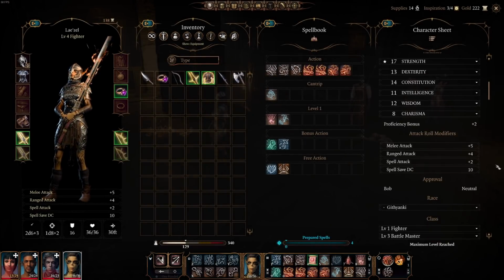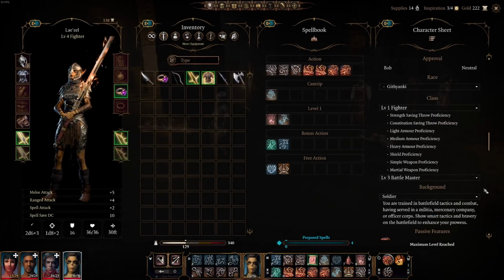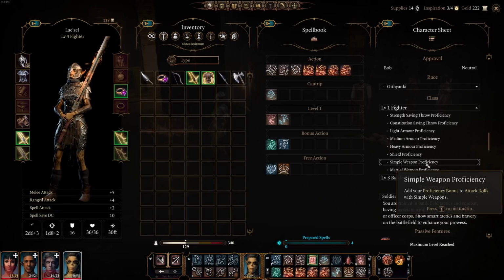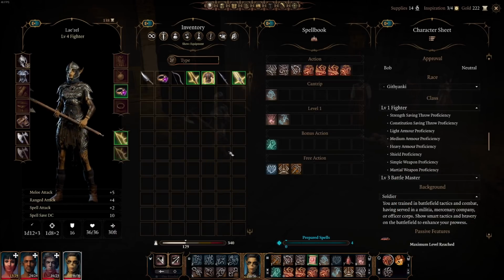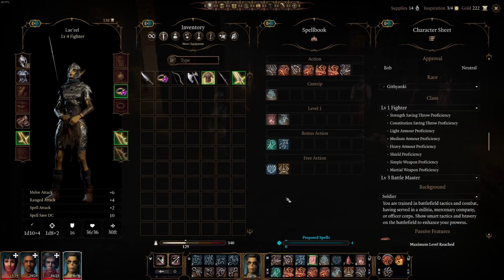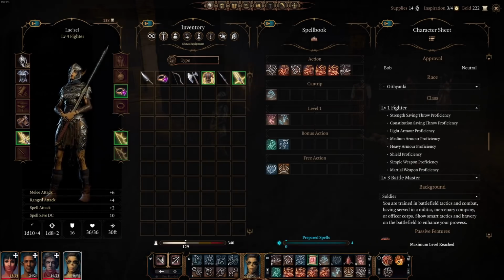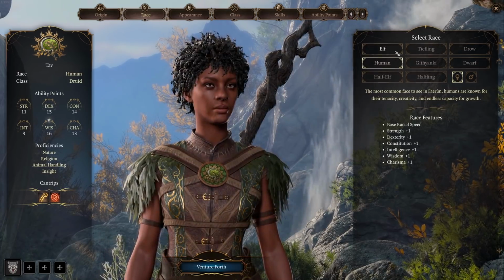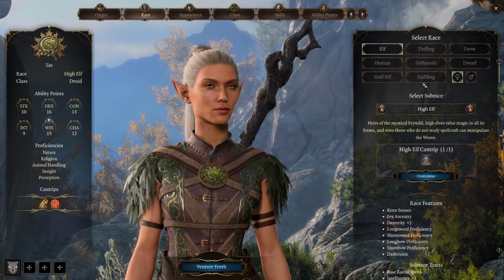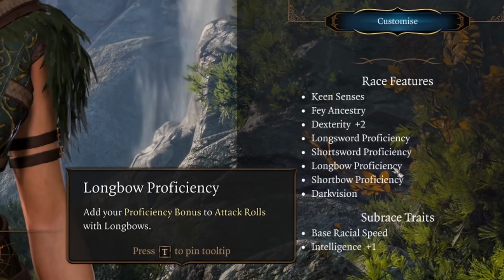If you're playing a class that doesn't have proficiency in a weapon type that you really want to use, you might want to look to other things, such as your subclass and racial choice, and possibly even feats to obtain that particular weapon proficiency. For example, many players will play a class that doesn't get proficiency in short or long bows, and they will choose to play as a high elf or wood elf to get that proficiency right away